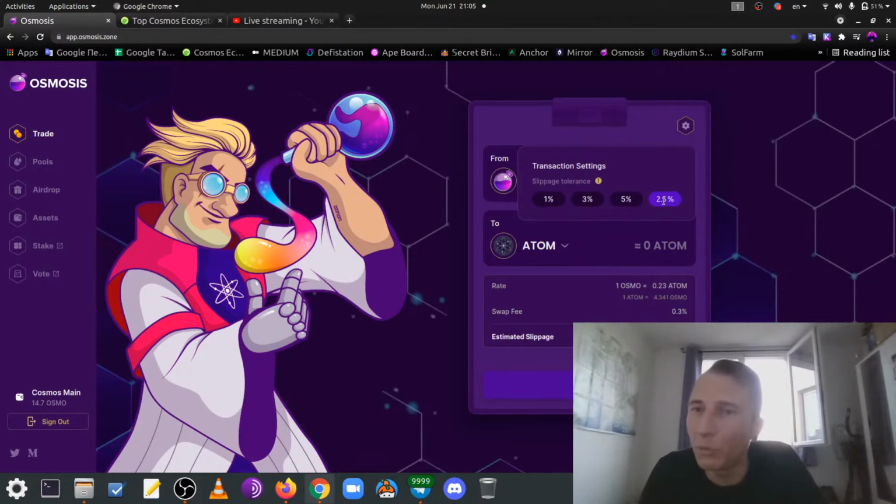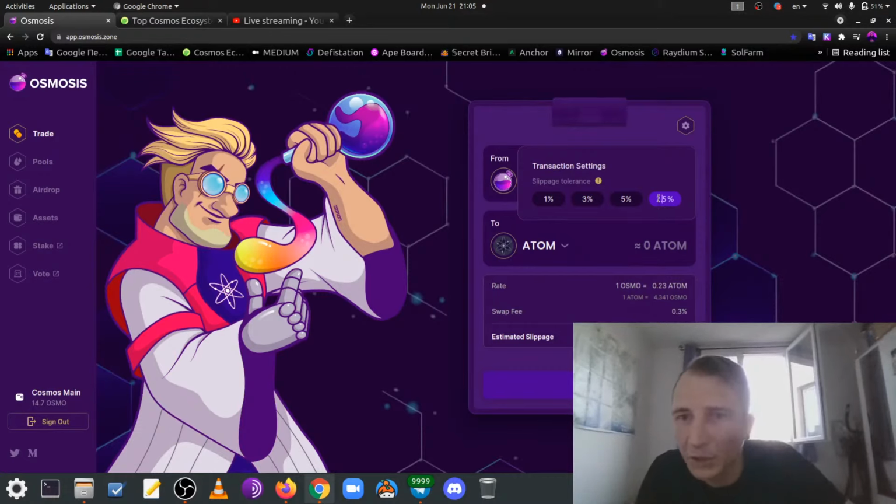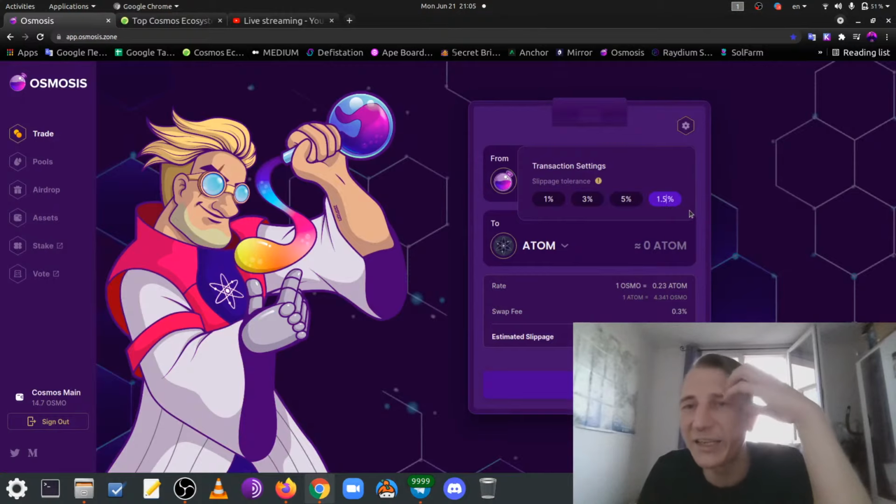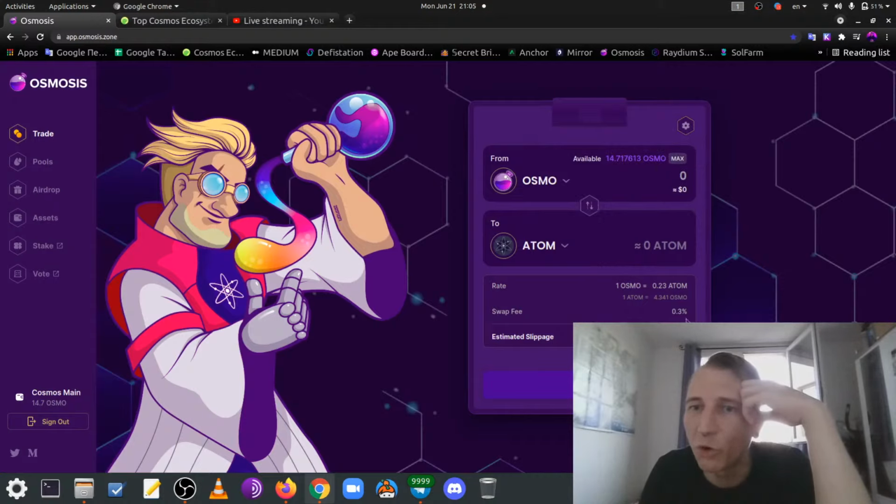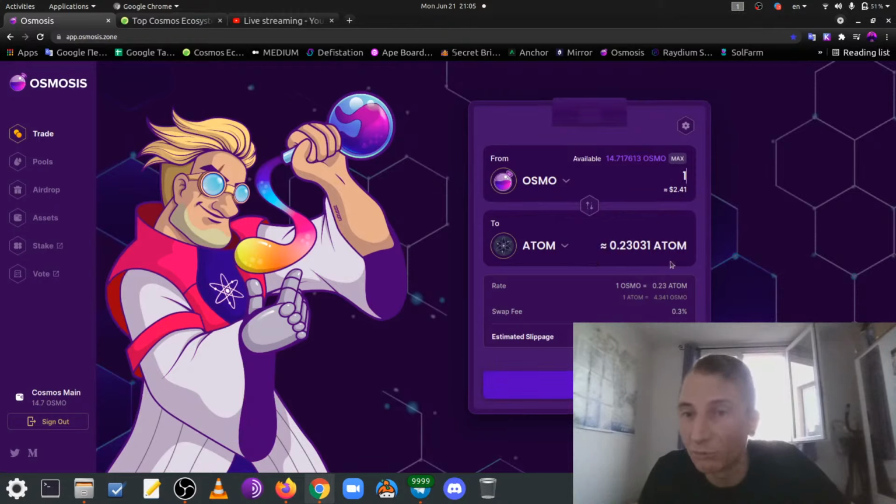And here is the position that you can put in manually. I prefer this position, 1.5%. Because in reality it means that you will always get less, not more, you will get less than you swap, but not more than 1.5% less. So, for example, I want to change Osmo to Atom, and we can see one Osmo is now 241,